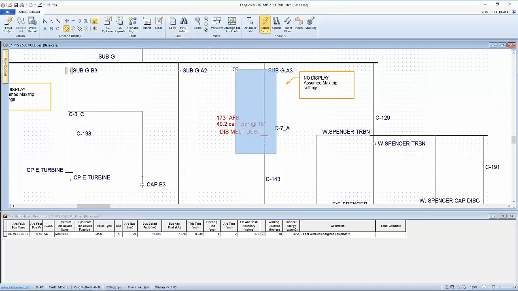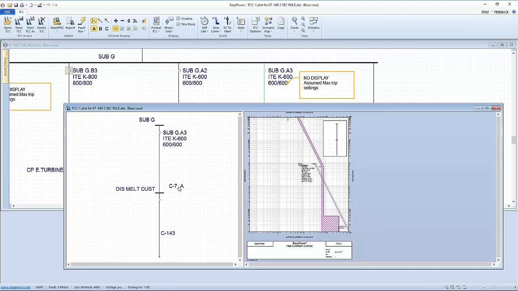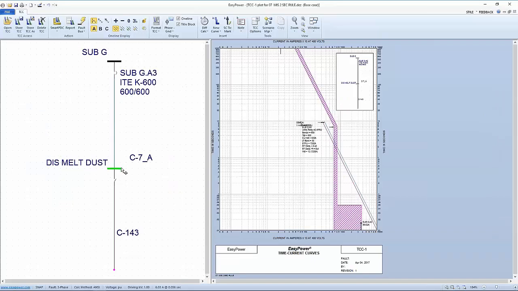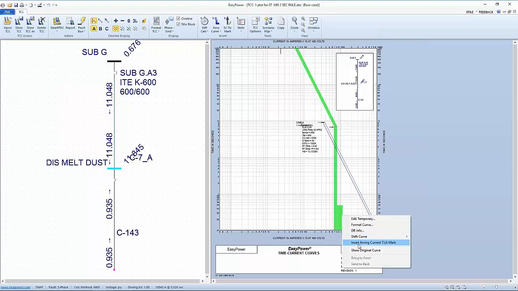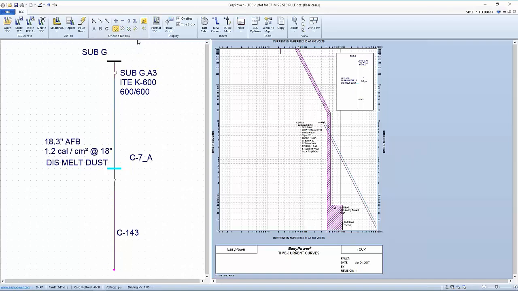What it represents is an unknown setting on the TCC of the breaker. And so if we look at this and fault it, we'll see that our arc flash current, if I insert this in my curve, is right on this vertical bar. And if in fact I can just reposition the settings for the instantaneous delay or the threshold, we can look at incident energy that's quite civil, and